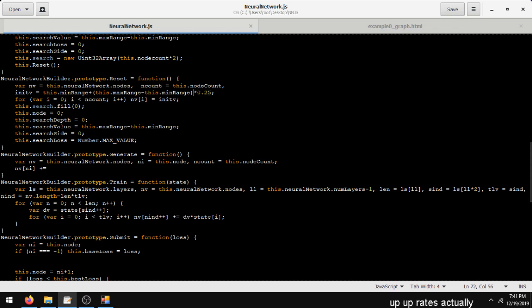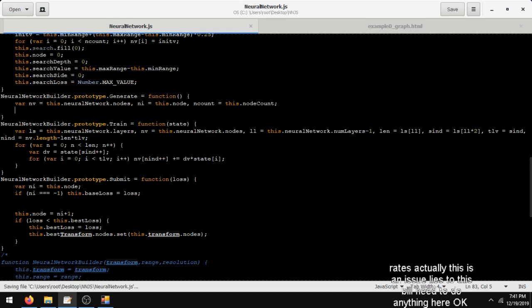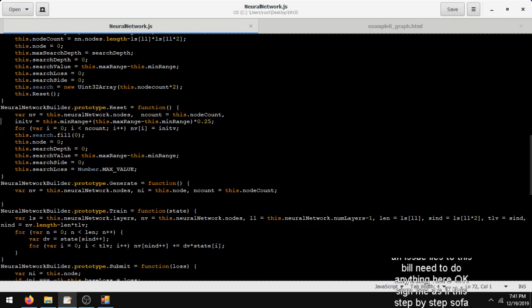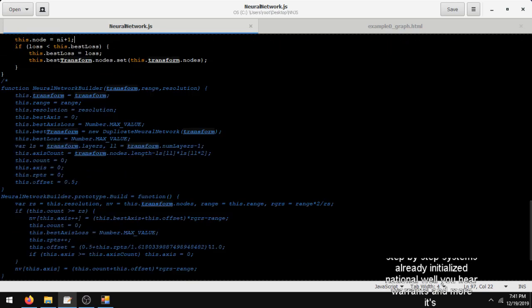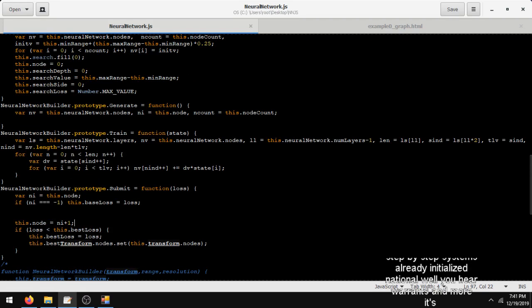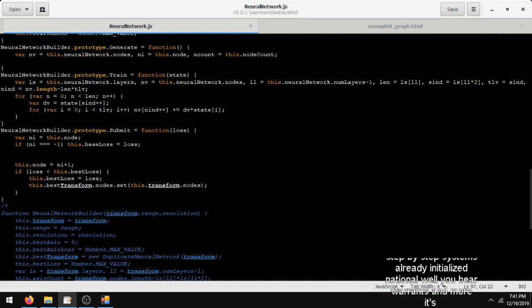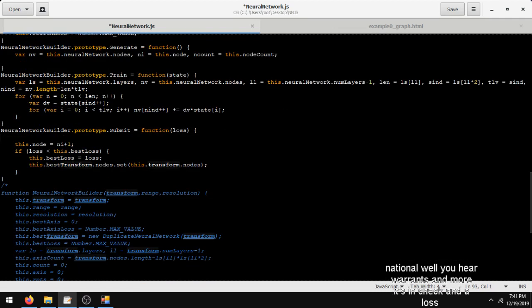Alright, so actually if this is initialized to this, I don't need to do anything here. Okay, so I'm going to go through this step by step. If this is already initialized, initial value here, then when it submits, it's going to check if the loss, it's going to do this, check if